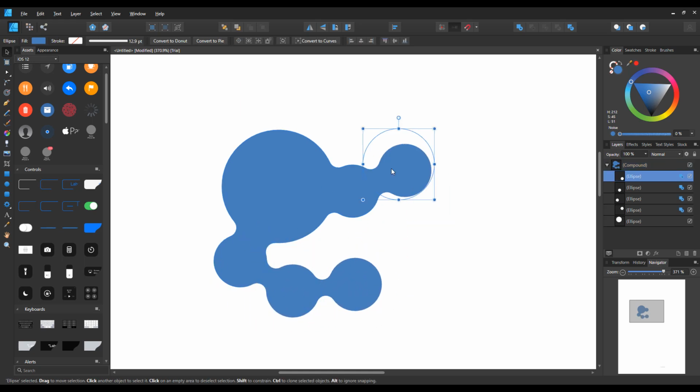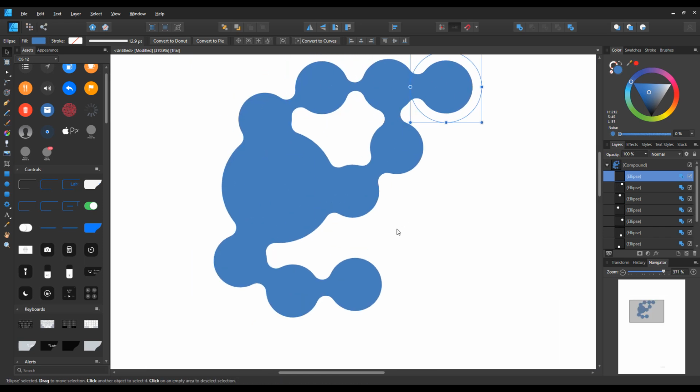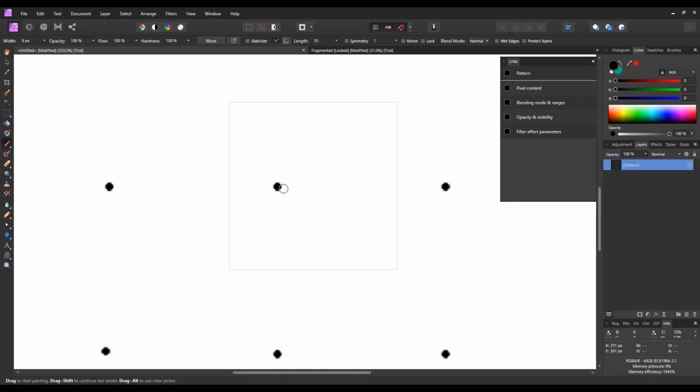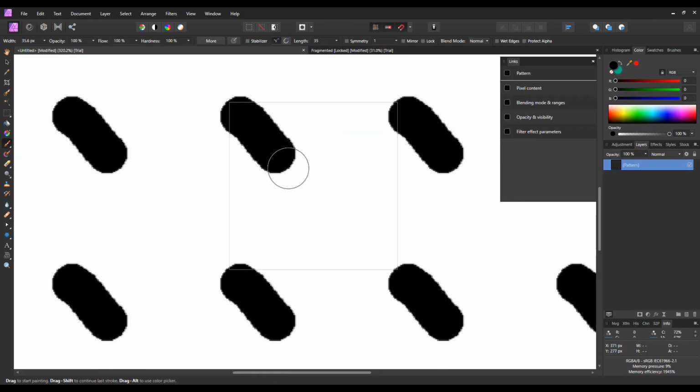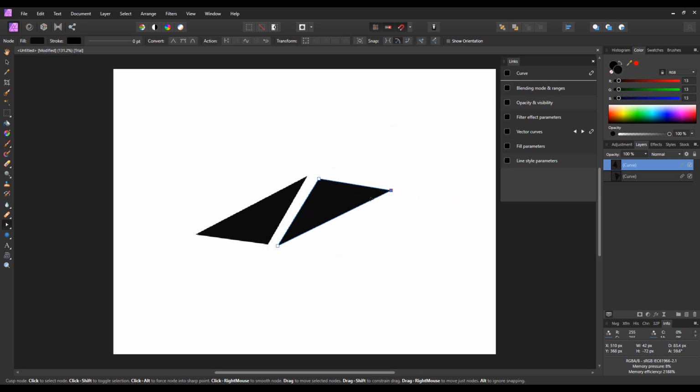Today we are looking at the brand new release from the folks at Serif, which is Affinity 1.9. Now Affinity 1.9 comes with a couple of new things, and we're definitely going to take a look at them. Meanwhile, for those who would like to get Affinity, right now you can actually grab